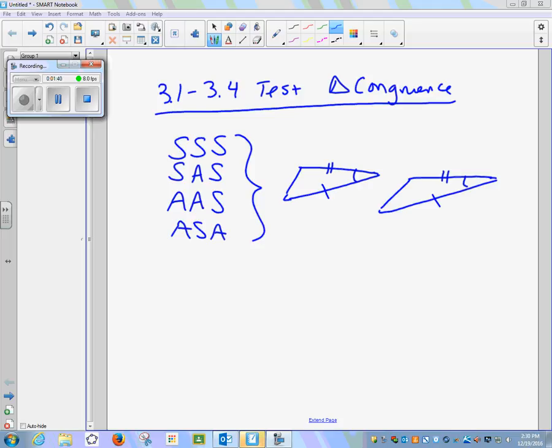Side, angle, side, because the angle right here is wedged between the two sides that you have marked. So S, S, two sides, and the angle is actually in between the two sides, touching both sides. That's SAS. But if you have something like this,